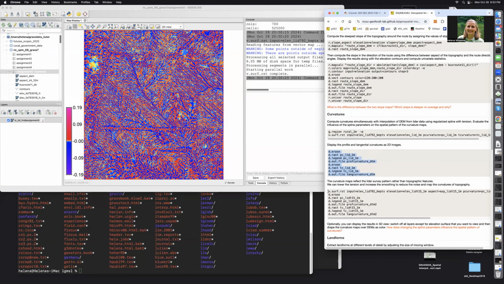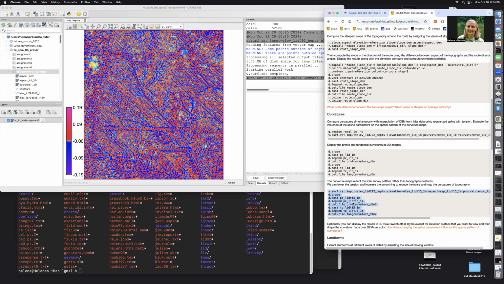So what we can do, we can lower the tension. You may remember that the default tension was 40. Here we are lowering the tension to 15 and increasing smoothing. So let's just redo this computation